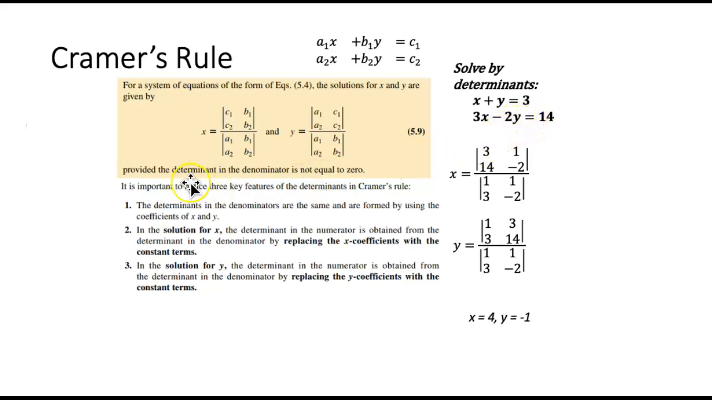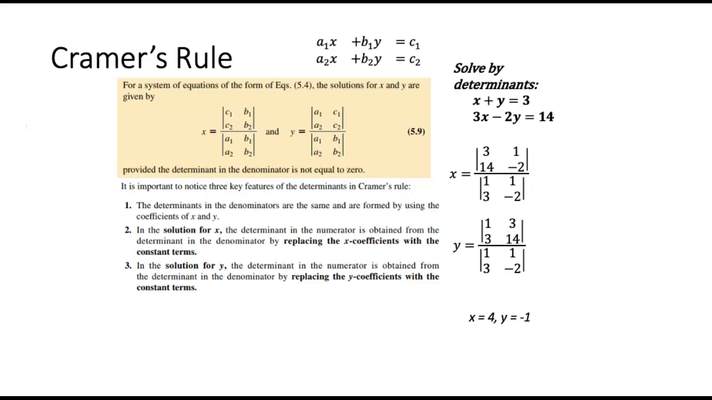Cramer's rule says that the value of x is the quotient of these two determinants, and the value of y equals the quotient of these two determinants, provided that the determinant in the denominator is not equal to 0, because we can't be dividing by 0, right? So it's important to know three things about these determinants. First of all, if you'll notice here for x, this first determinant, for our value of x, the numerator is an